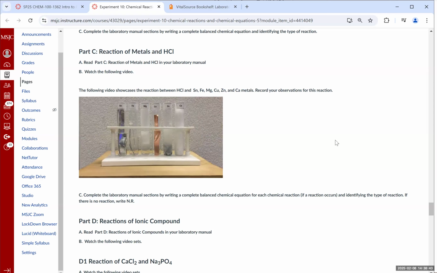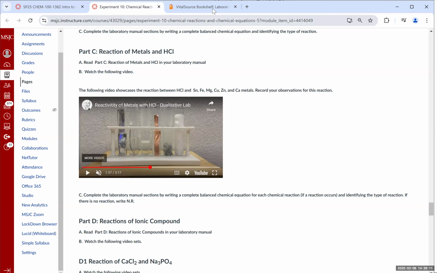Now, if a metal reacts with hydrochloric acid, you're also going to see the generation of gas. This is hydrogen gas. Also, as you notice, especially in the magnesium example, the magnesium metal is beginning almost to disappear and dissolve. That's because as the magnesium reacts with the hydrochloric acid, you generate soluble magnesium chloride in addition to the hydrogen gas. So we're going to write down our observations